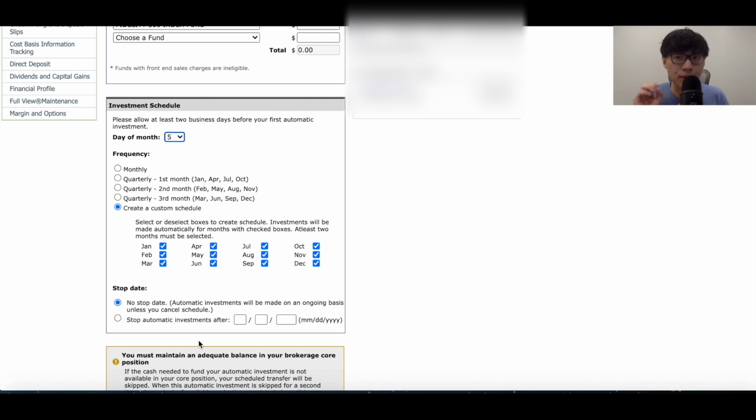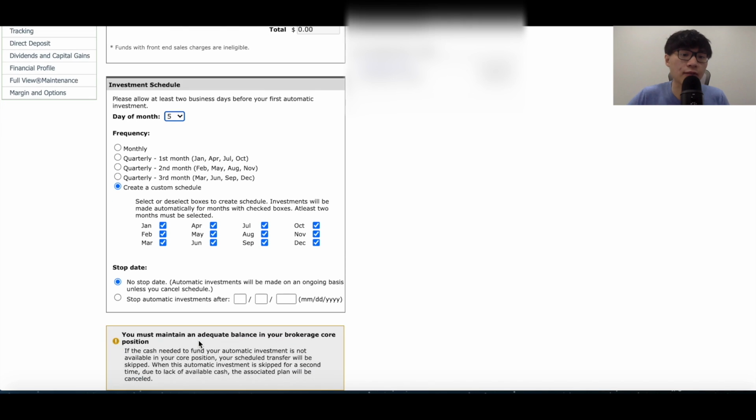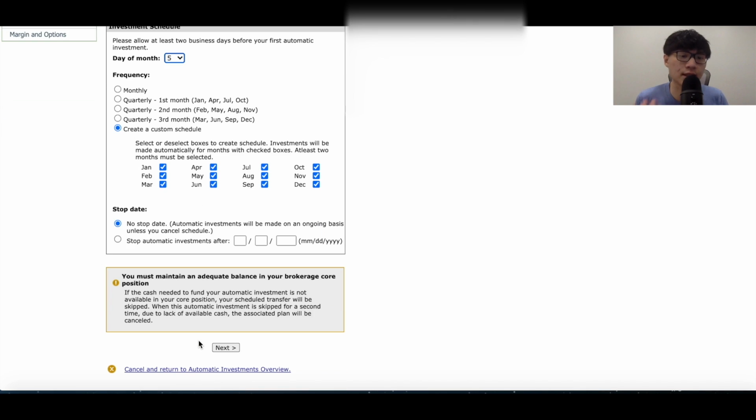Now remember, this is all based on the amount of money you have in your core account. And if you don't have enough money in your core account, what it says is that essentially your first time it's just going to be skipped. But the second time this happens, they're saying that if you have not enough cash, then the plan is just going to be canceled altogether,